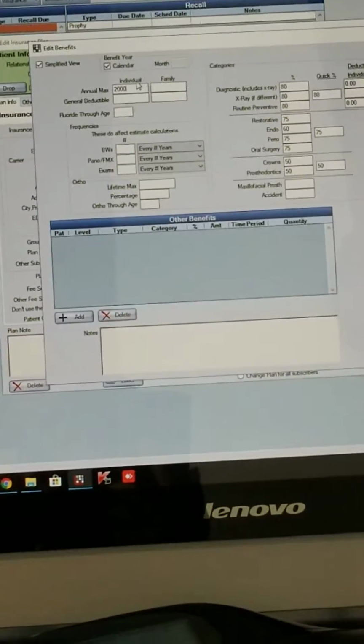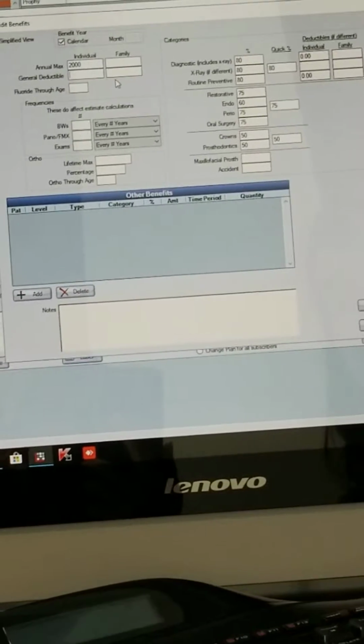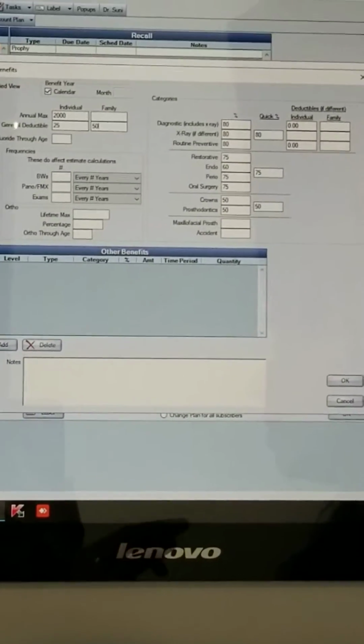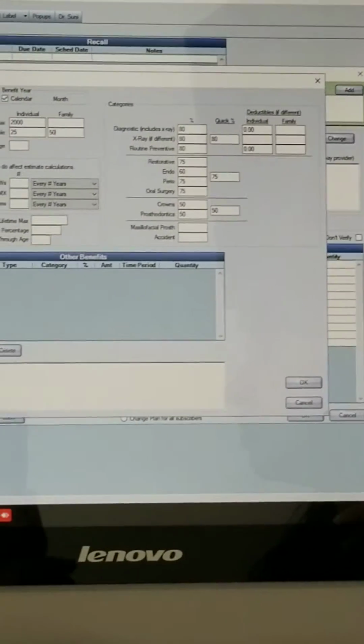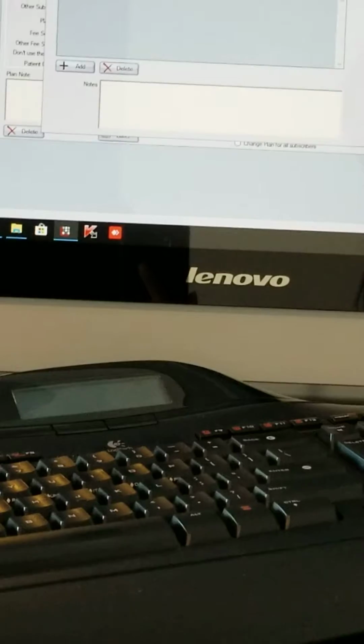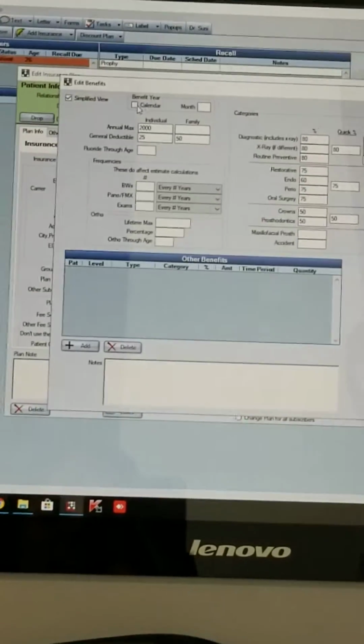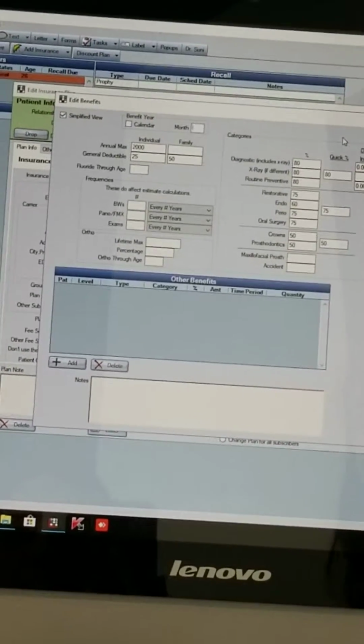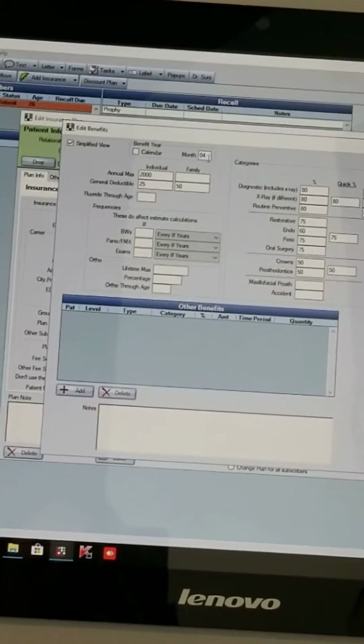You put the maximum, individual or family. Most of the time it's individual. Where would you put deductible? Right. Oh, perfect. So let's say it's $25 per person, but $50 for the family. So the system will calculate that. So once two people have paid $25, it won't calculate deductibles into it anymore. Up here changes the benefit year. So if it's January to December, you want calendar checked off. But let's say my insurance starts in April, renews in April, then you put the month number,